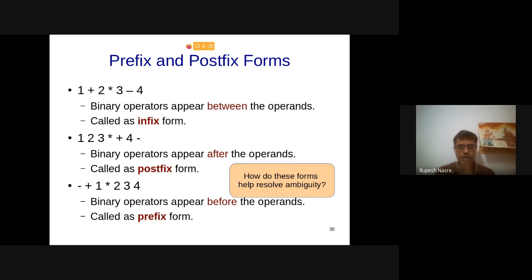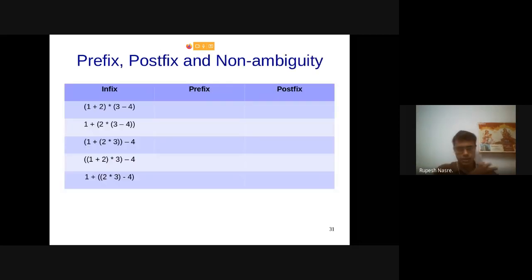Therefore we'll start the class with that table of classwork. But just look at these expressions once. The order of evaluation should remain the same, whatever you want it to be, right? So the BODMAS should get encoded automatically in the expression itself, which is not there in the infix form. I don't know if star should be evaluated first or plus should be evaluated unless I give some additional information about precedence. But in the case of prefix and postfix, the order of evaluation is fixed, and that is what we would like to do in this particular